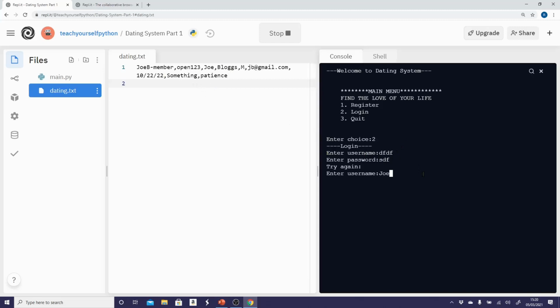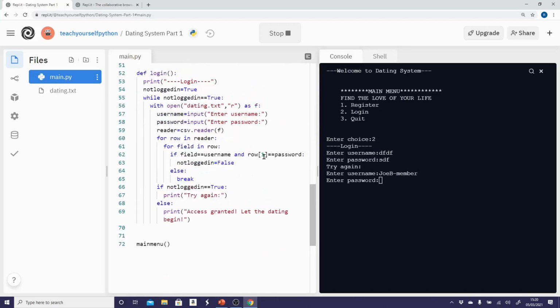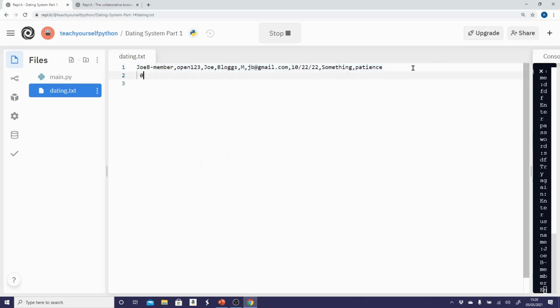I'm going to have to type in the username, which happens to be Joe B, and I'm going to have to type in what I've specified, which is, in this case, I go down here, row 1. What is that? Now, if you think of this file here, the 1D array, and again, I'd recommend you going back to the lesson on lists or arrays before you do this. I can explain it quite simply here. A 1D array you can think of as a list, and remember in computer science we always start counting with 0 first. So that's a 0, that's a 1, a 2, this element is a 3, that's a 4,